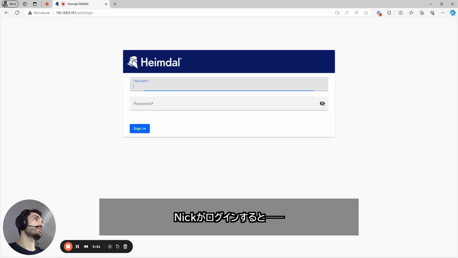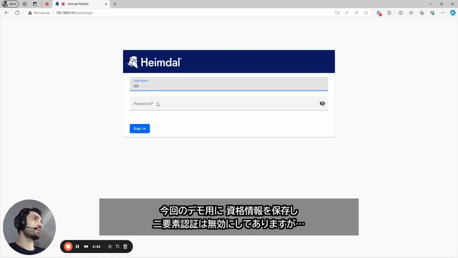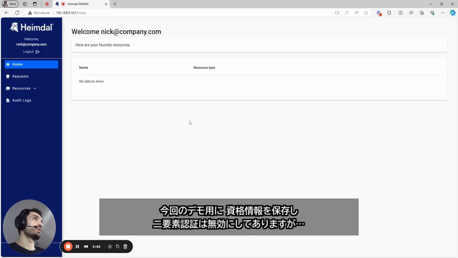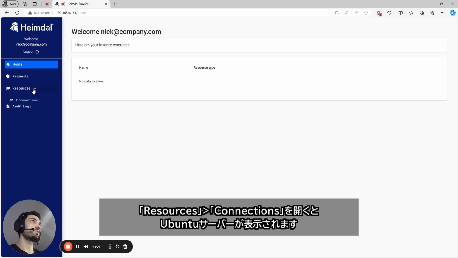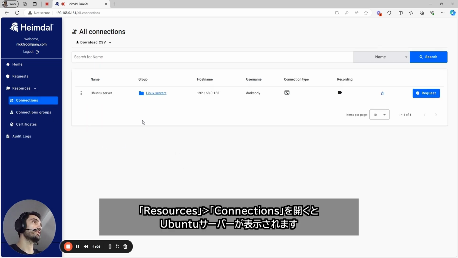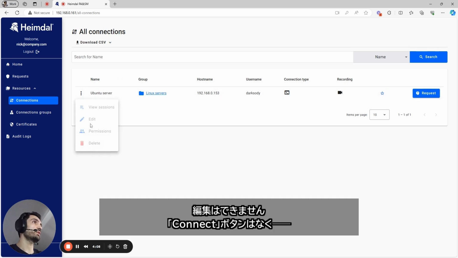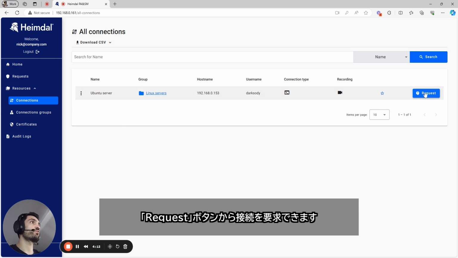Now if Nick logs in, let's go in with Nick. I have the saved credentials, and I have disabled 2FA for Nick for the simplicity of the demo. So Nick, now under resources, connections, can see the Ubuntu server. He cannot edit it. He cannot do anything with it. Instead of the connect button, he has a request button. So Nick can